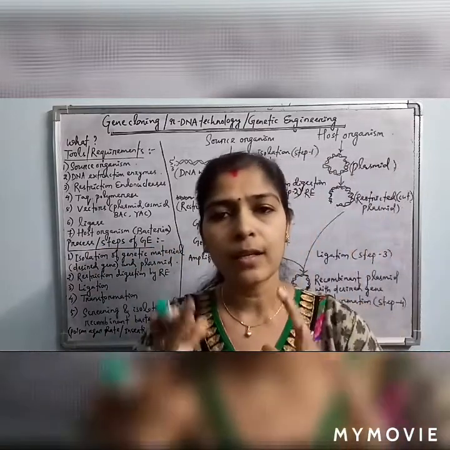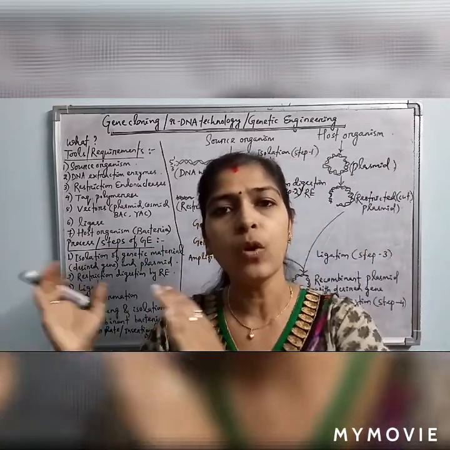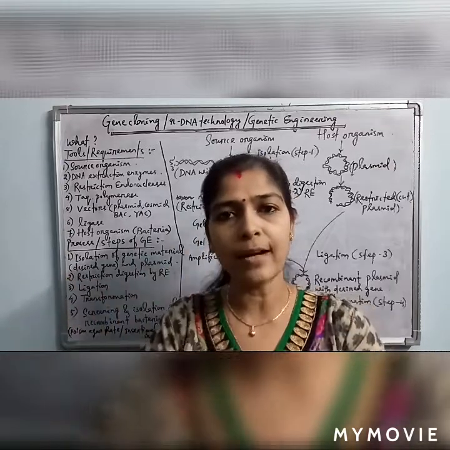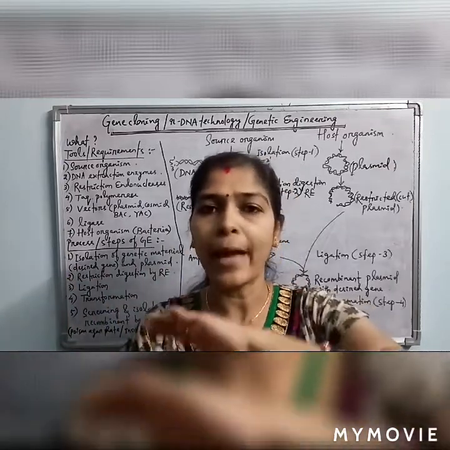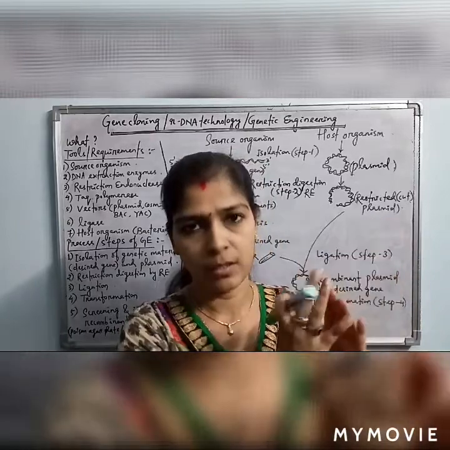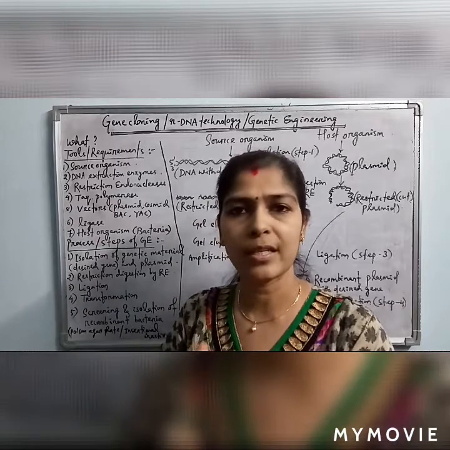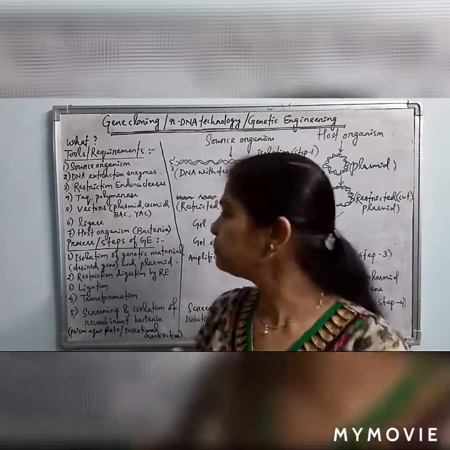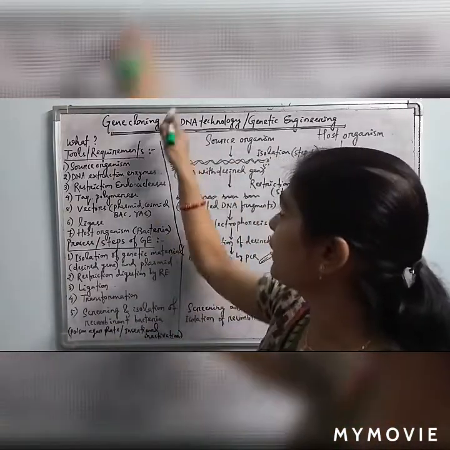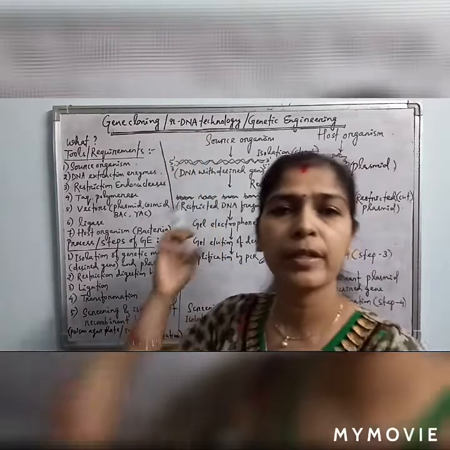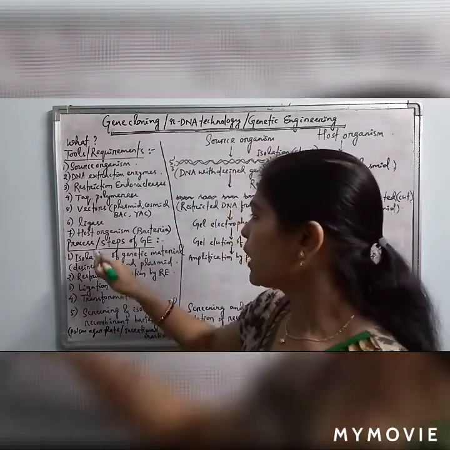Actually, there is engineering of the gene, meaning we have to remove the desired gene from one DNA, and we have to ligate the gene with a plasmid, a carrier or vector. So it is also known as genetic engineering or gene cloning technique. And as we are making the recombinant DNA, it is also known as recombinant DNA technology. So come to the steps of the process.